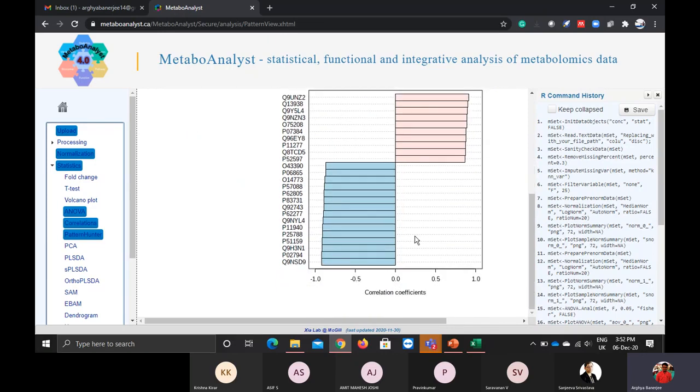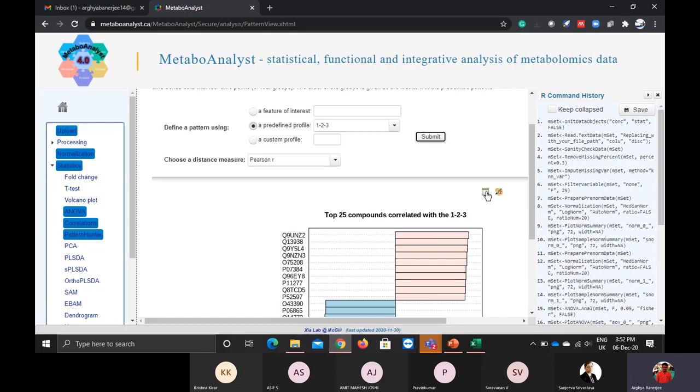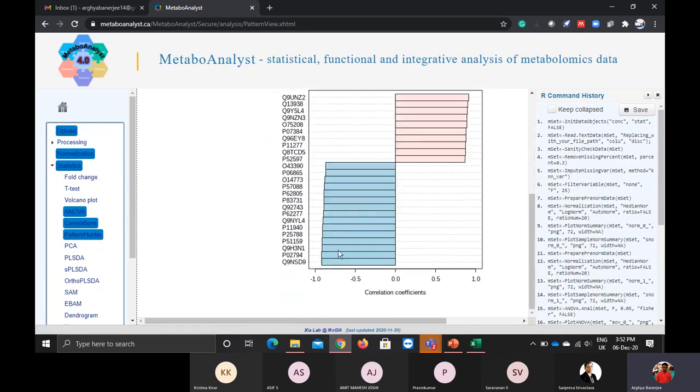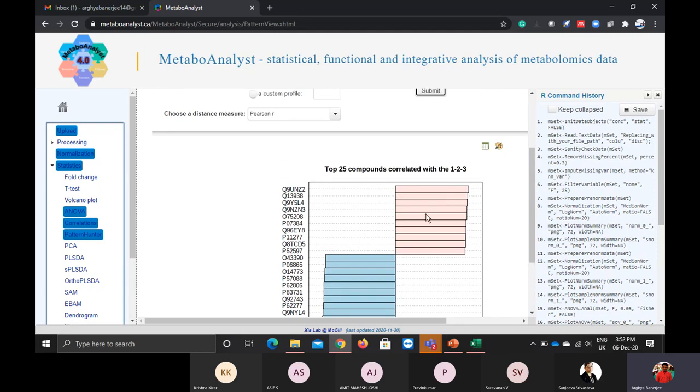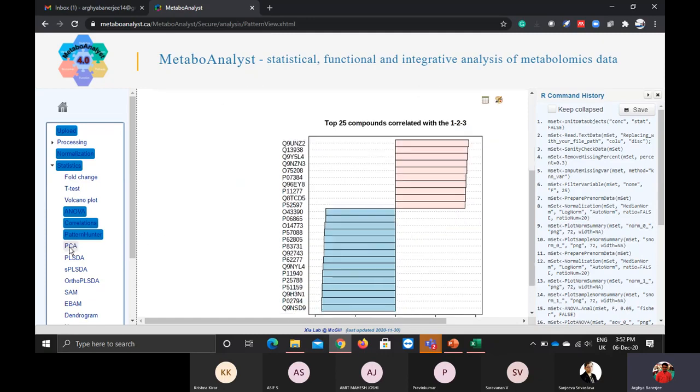This is one of the good things, like what is above 0.5 and what is below 0.0. If you want to see the negatively correlated samples, you can easily download this list here and see that these features are constant across the group. If you want to see the positively correlated ones, which in the biological case we want to see, you can move through there.